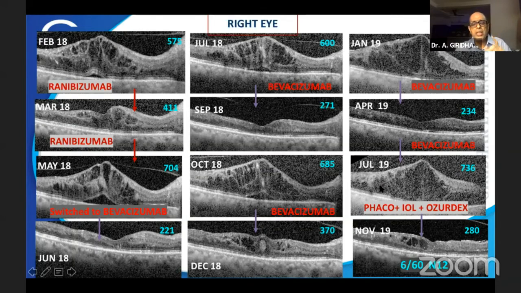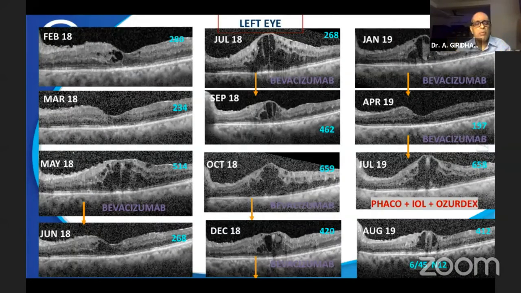And the most important message I want to give is that in these sort of patients, treat these patients only if you find visual acuity improvement, because if the visual acuity is not improving because of ischemia or because of significant damage to the outer retinal layers, I don't think there's really any purpose in giving intravitreal injections again and again. So she was treated with bevacizumab in both the eyes, and subsequently she had a phaco, IOL, and Ozurdex.